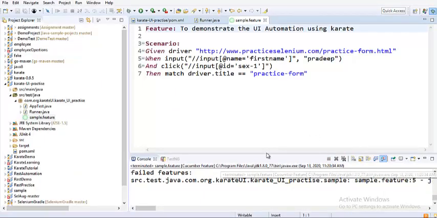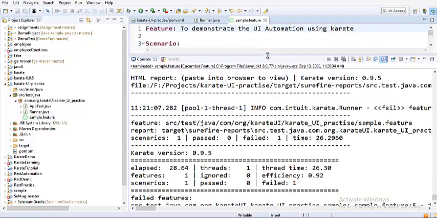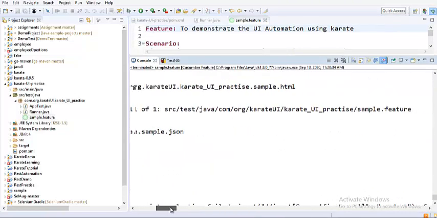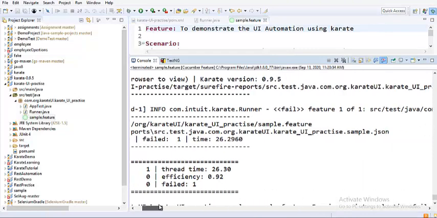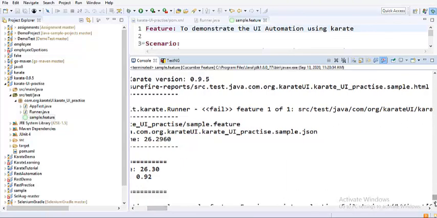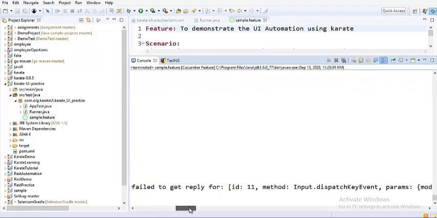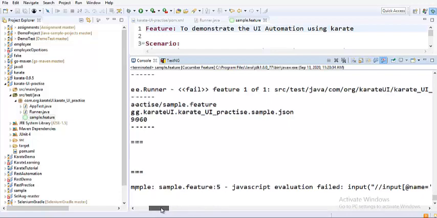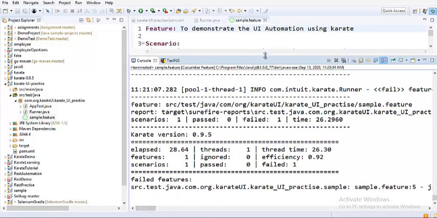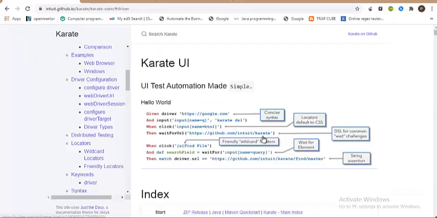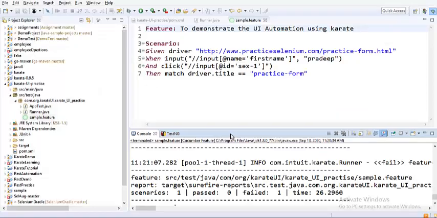Let us see what has happened. So there is a problem with this. Basically the test script failed. Let's understand what is the problem here. So let's just come back and verify. It failed in the input method, parameters, modifier and all. So let us see what is the problem there in that input method. So we have identified the keyword, and then we have specified it as well.